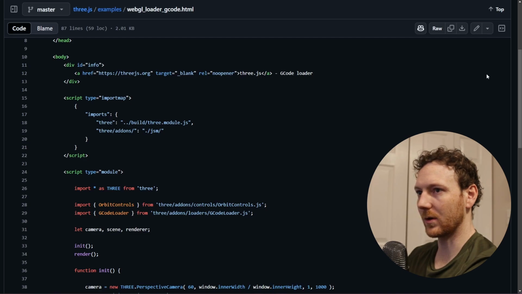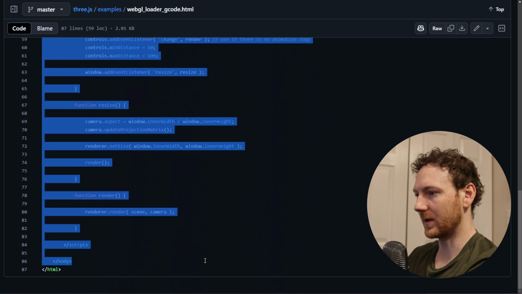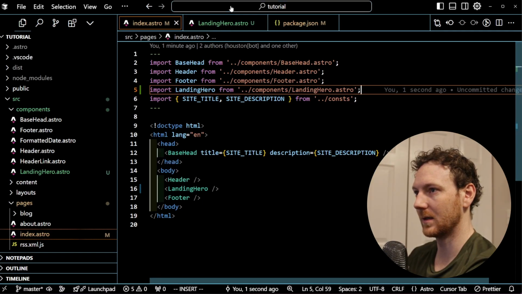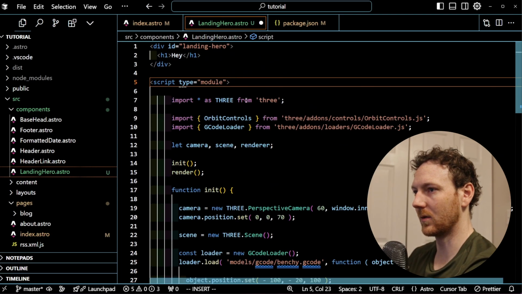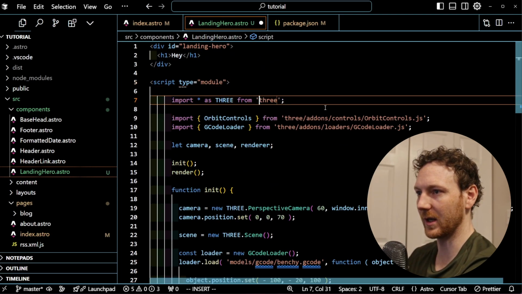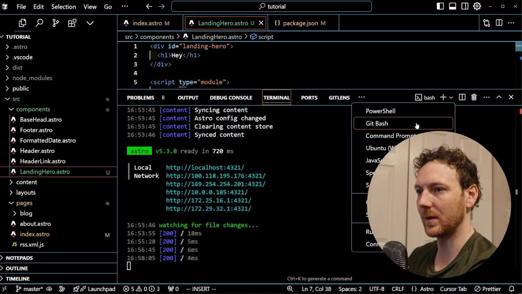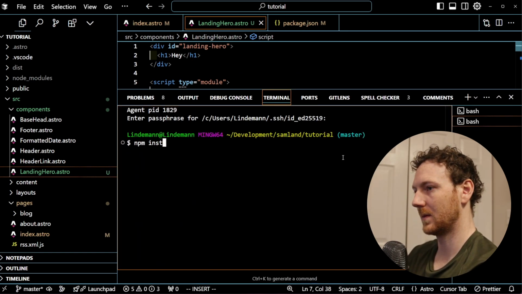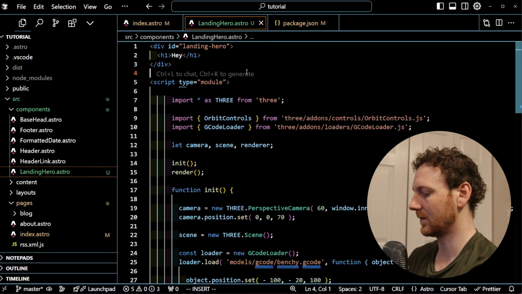So in here, I can grab the source code. I want to grab, let's have a look. So I'm going to get all of this code here, copy that, and let's come into our landing hero, and let's paste this in. Okay, cool. So here we're importing Three.js, which we haven't installed yet. So let's do that. So I'm going to come in, npm install three and save it. So now let's have a look at